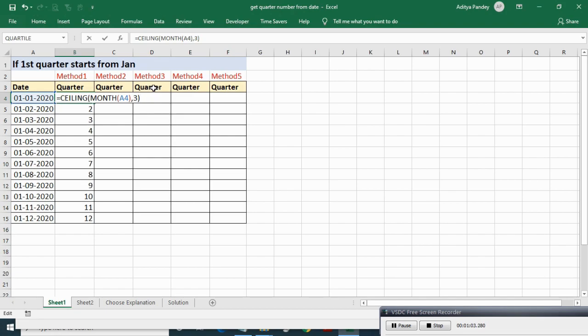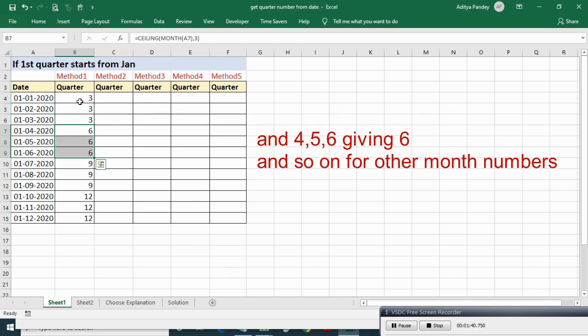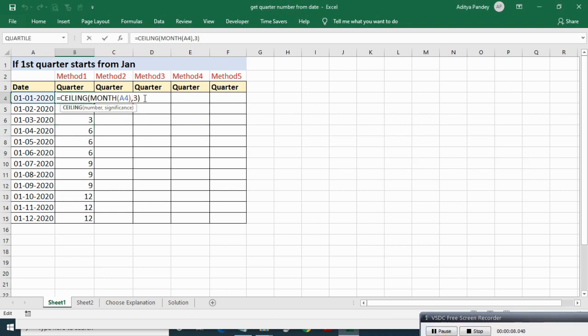So in case of 1, 2, 3 with 3 significance, ceiling will give 3, and in case of 4, 5, 6, ceiling will give 6. Now if we divide output by 3, then we will get quarter number. As you can see, we got quarter number from a date.